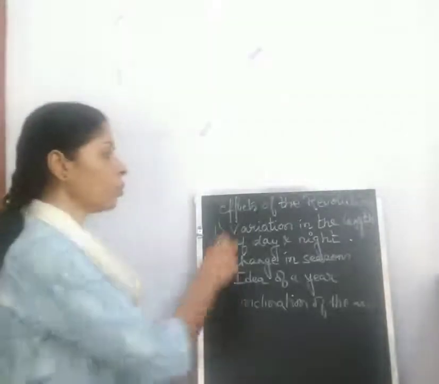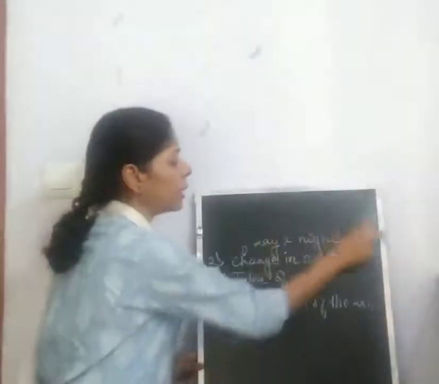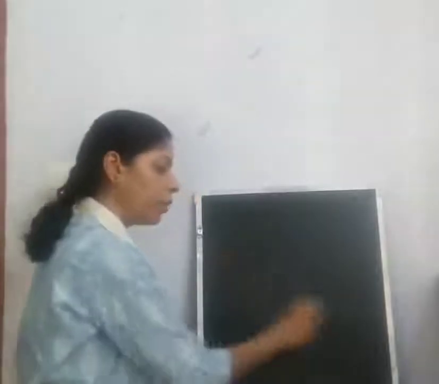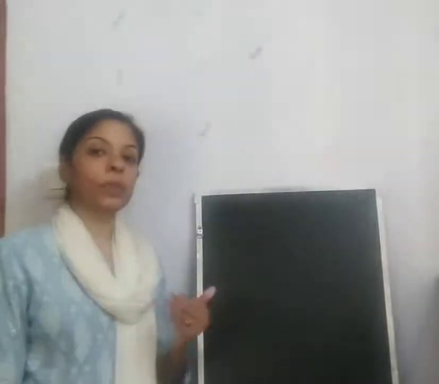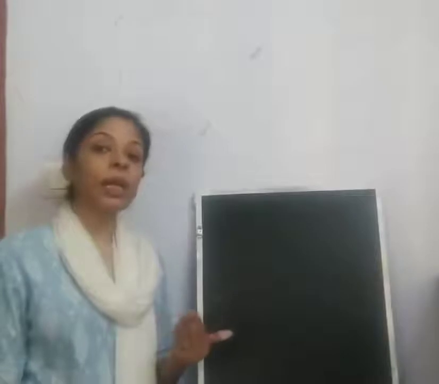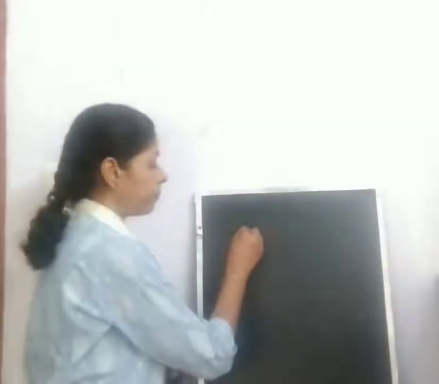Now, we need to know that the Earth is revolving around the Sun on an elliptical orbit. We know that, and on its orbit, the position of the Earth changes. Due to this change in the positions of the Earth, which is again due to revolution, the amount of sun rays received by the Earth's surface also varies. Now, what happens if